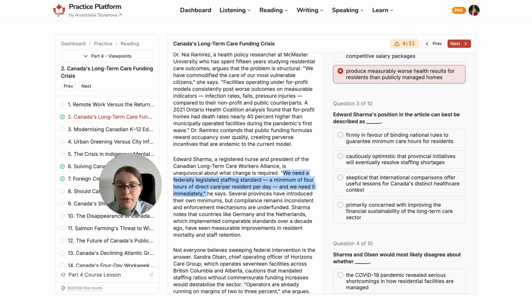"We need a federally legislated staffing standard." Staffing meaning people who work there, yes, so how many people? "A minimum of 4 hours of direct care per resident per day." "And we need it immediately." Also an important thing, okay? And then Sharma gives the examples of the countries just to support their opinion, their viewpoint. So in this case, if we look at the options, and once again, you can pause